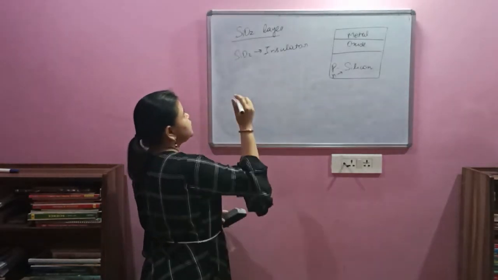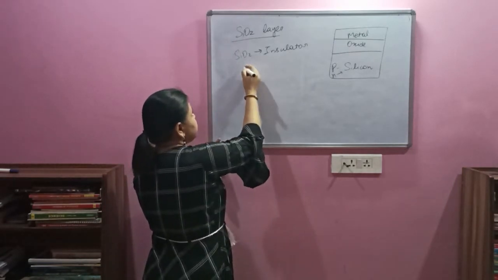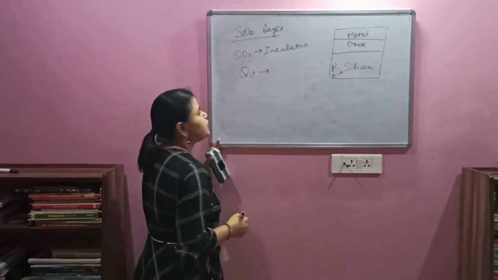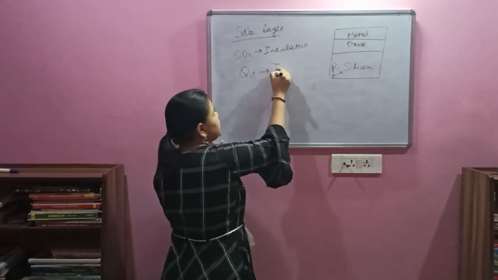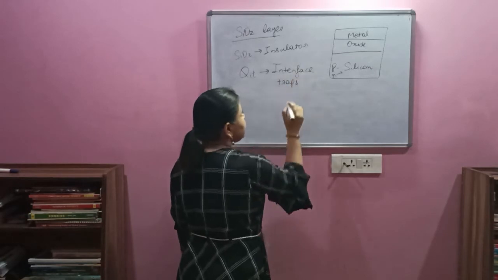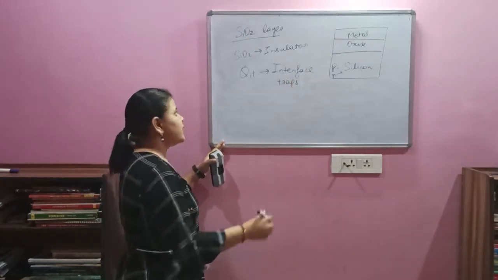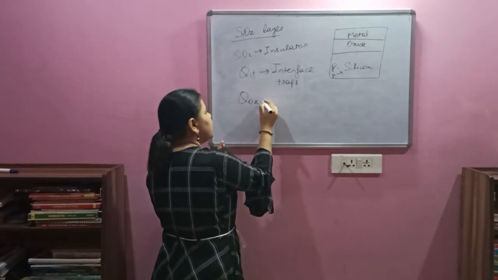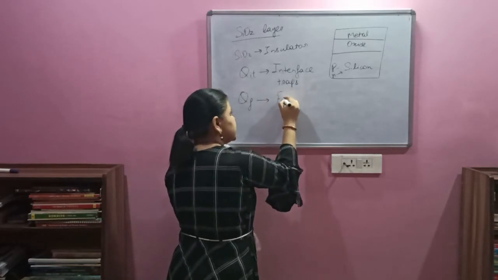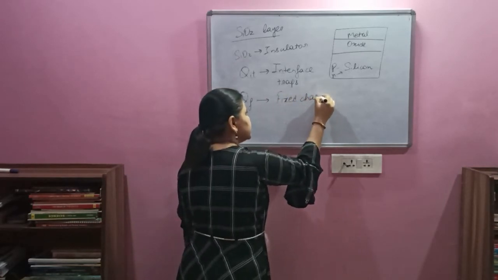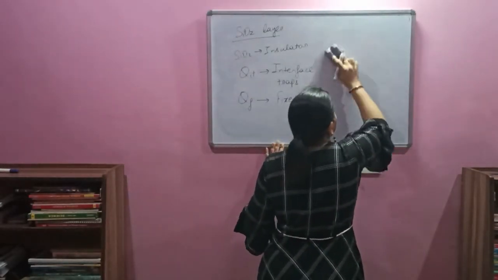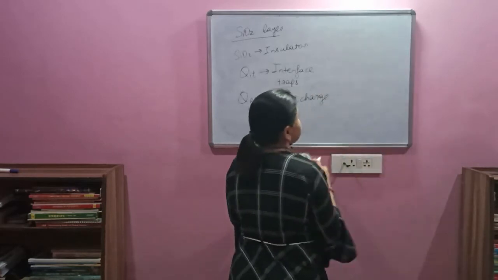Now from where do these charges come? I define these charges in two ways. One I note as QIT. QIT means interface traps, the charges which are developed because of the interface traps. Second I call Q oxide, or rather I will say QF. QF is fixed charge. Okay, now understand how these are going to be developed in the insulating material.